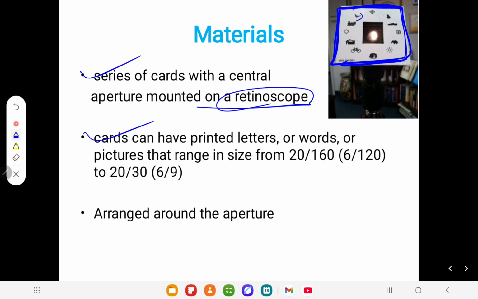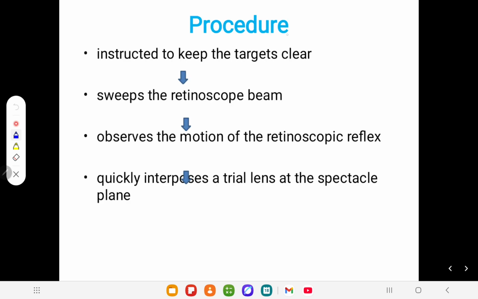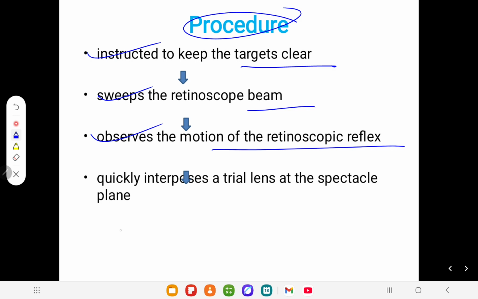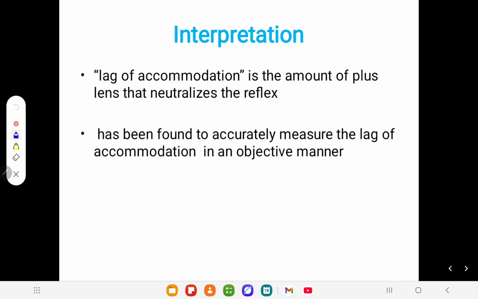The card has printed letters, words, or pictures ranging from 20/60 to 20/30, arranged around the aperture. So it's very important. Basically, instruct the patient to keep the target clear, sweep the retinoscope beam, observe the motion of the retinoscope reflex, and quickly interpose the trial lens at the spectacle plane. Whenever we sweep the retinoscopic reflex, we have to interpose that trial lens quickly